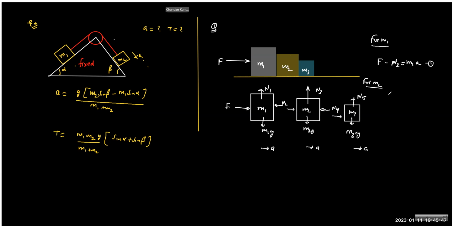N2 minus N4 equals M2a. And for M3? N4 equals M3a. And then add all 3 equations. If you add, all N will cancel out. What you get is